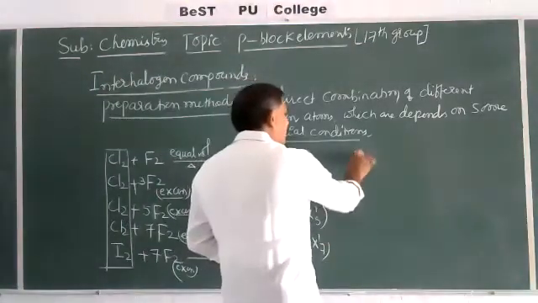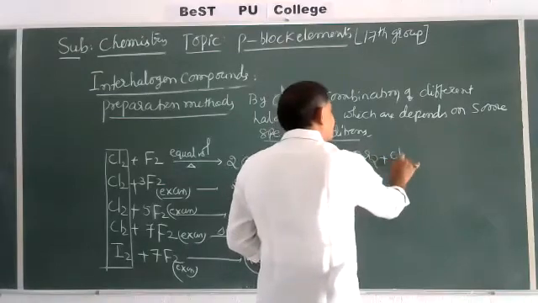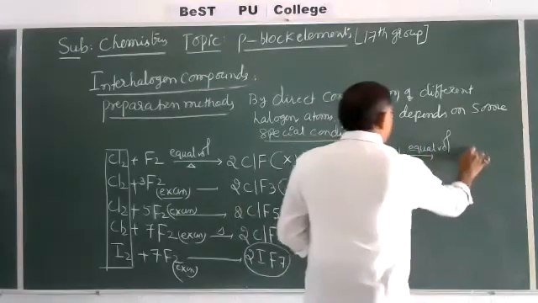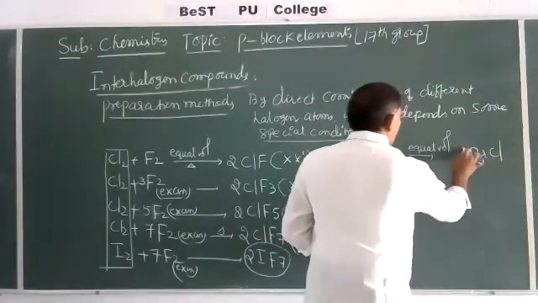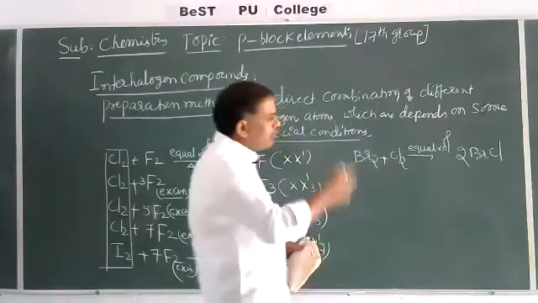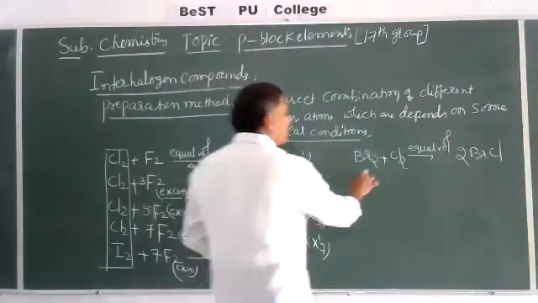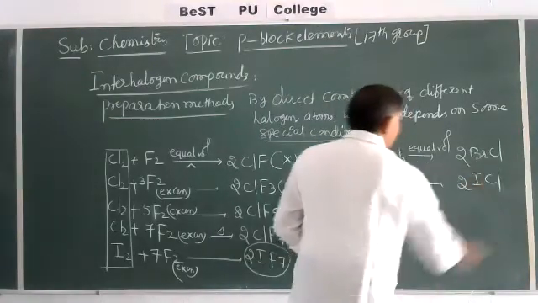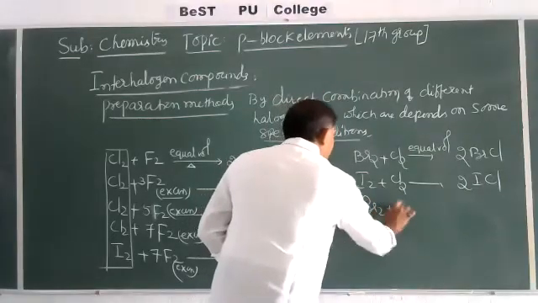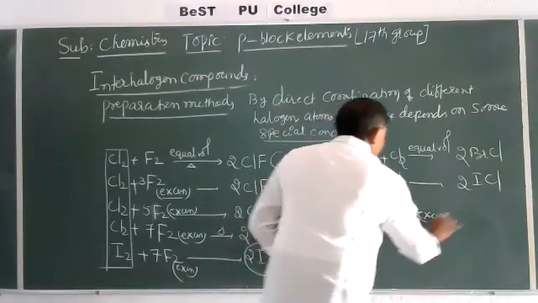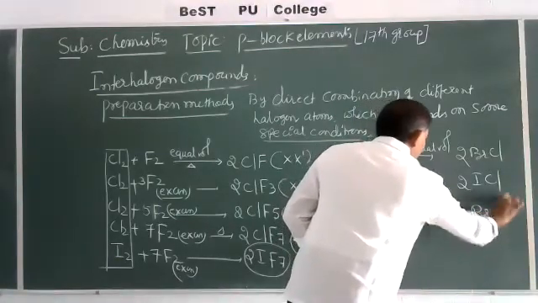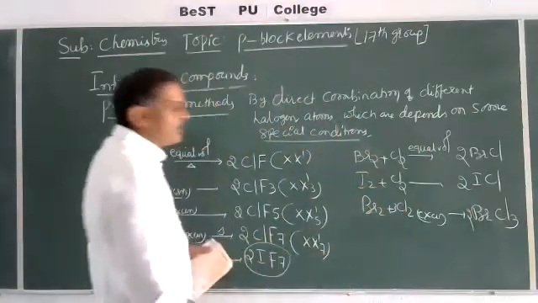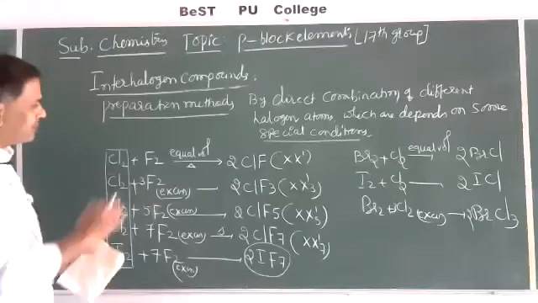Like your Br2 reacts with Cl2. Now, it is in equal volume. It gives BrCl. Now, here are 2 moles. Like I2 reacts with Cl2, it gives 2ICl. Like your Br2 reacts with Cl2, in excess condition, it gives BrCl3. Now 2 moles, take here the 3 moles. Like we can prepare by the direct combination of different halogen atoms, we'll get the different